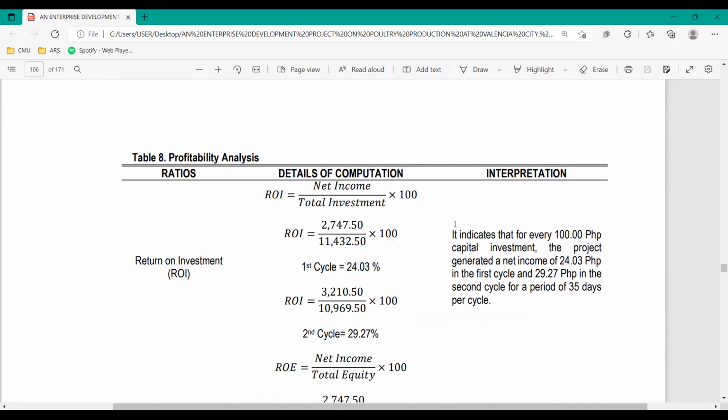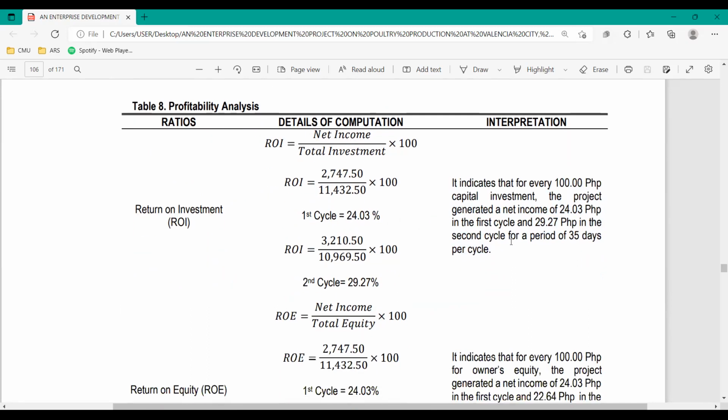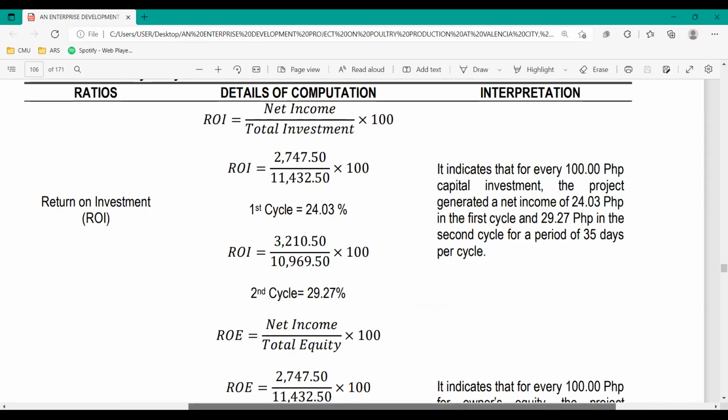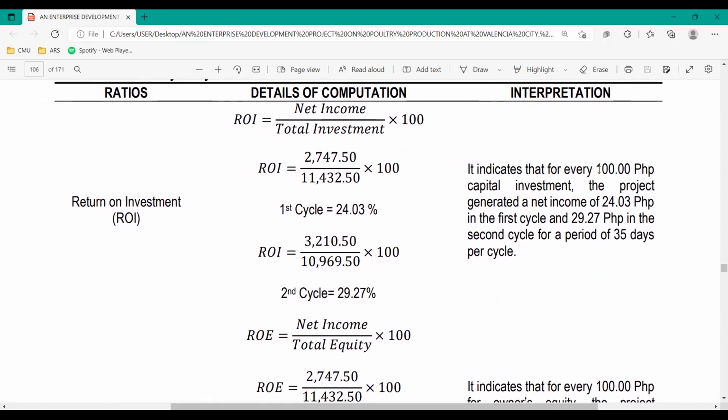So for my interpretation, this is my interpretation. It indicates that for every 100 pesos capital investment, the project generated a net income of